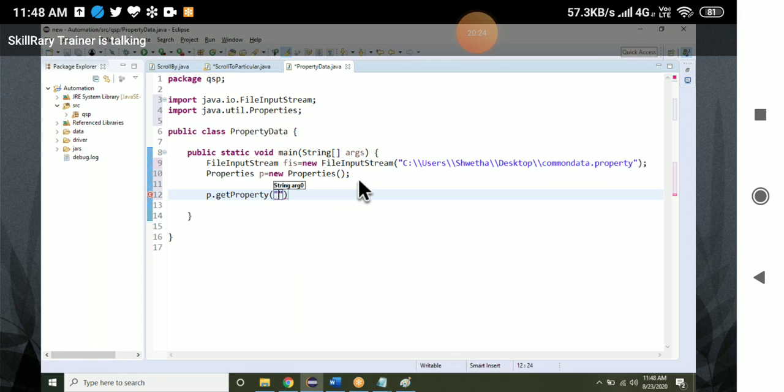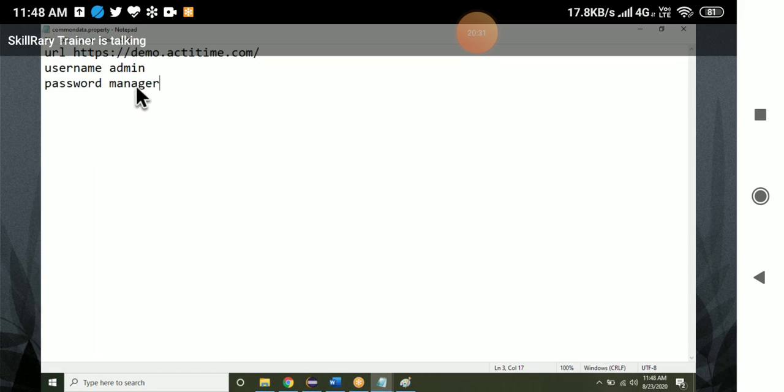It is going to take a key as an argument. What is the key here? URL. Correct. What about username? Is it a key? Yes. What about password? Yes.